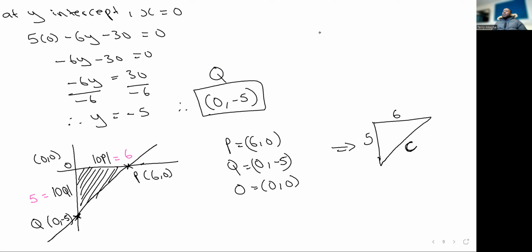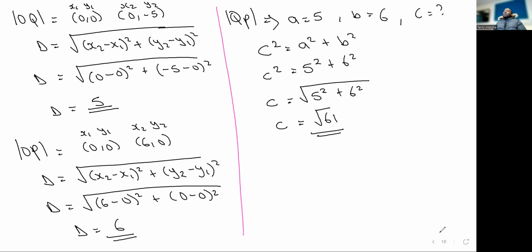So the answer here, which is PQ or QP, will be equal to square root of 61. So that means C here is equal to square root of what? 61. If you want as well, you can use the distance formula. You still get the same thing. So any method you want to use, feel free to use, but you can only use Pythagoras if it's a right angle triangle, okay? So now, with this, we can jump straight to step 2,